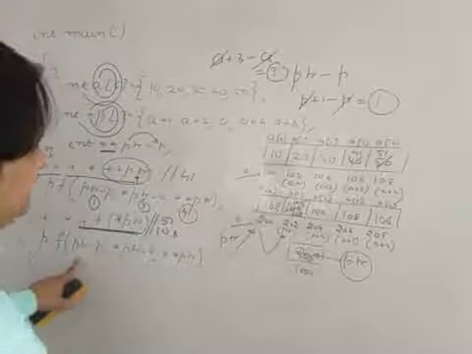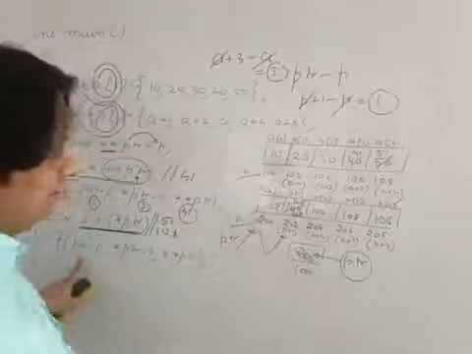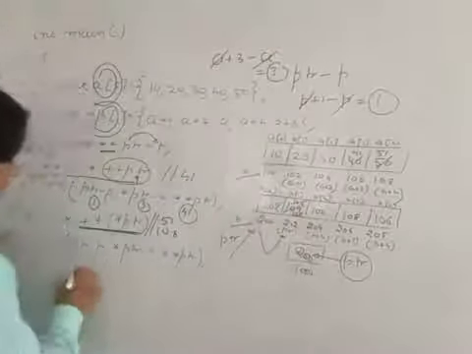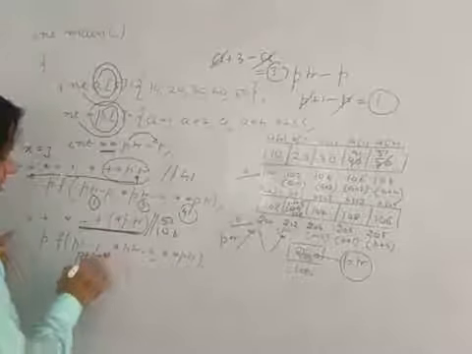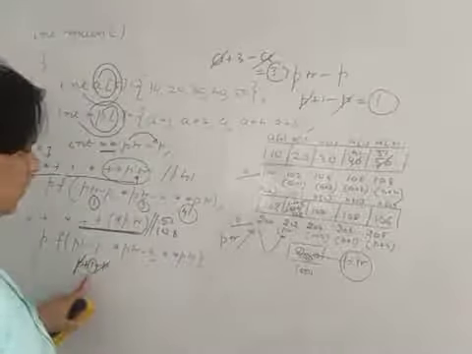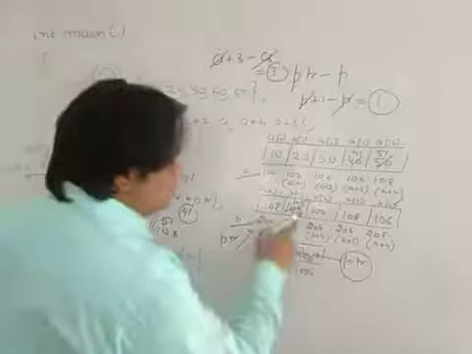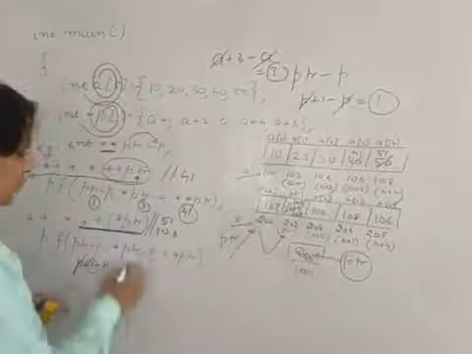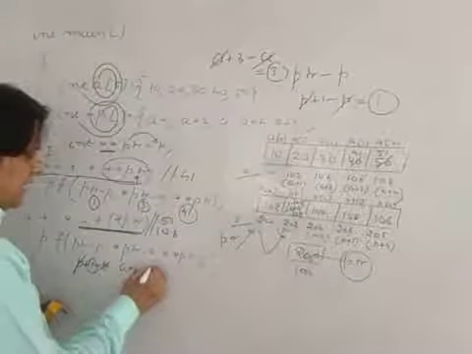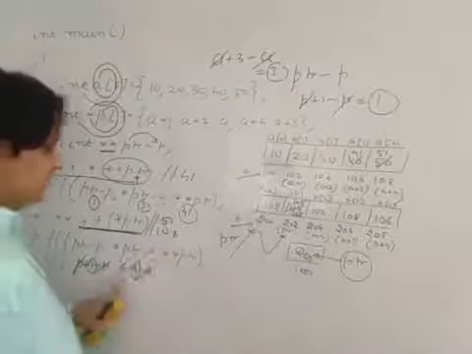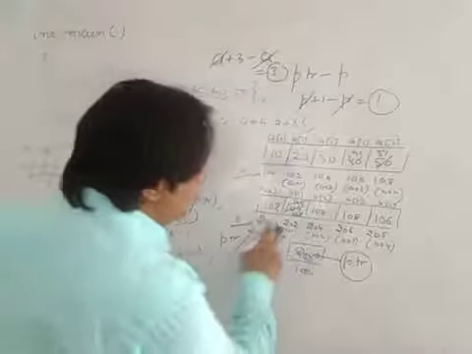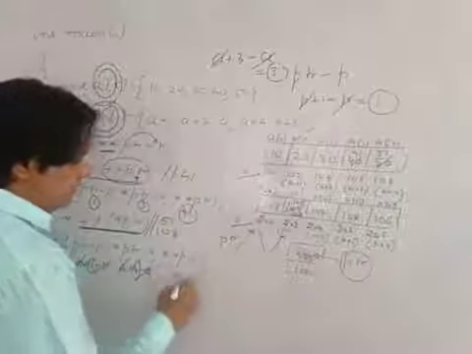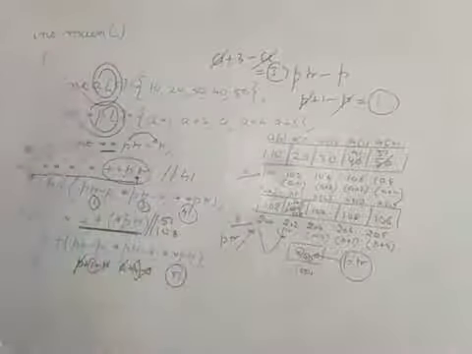Now ptr minus p. See, you have not incremented your ptr. ptr is still pointing at 202 only. So this is nothing but equal to what? p plus 1 minus p gets cancelled. What is left is 1. Now star ptr minus a, star of 202 is now 108. 108 is what? a plus 4. So a plus 4 minus a gets cancelled out. What is left is 4. Now star ptr, star of 202 is 108, and star of 108 is 51. Fine guys, so this is the answer of this code snippet.